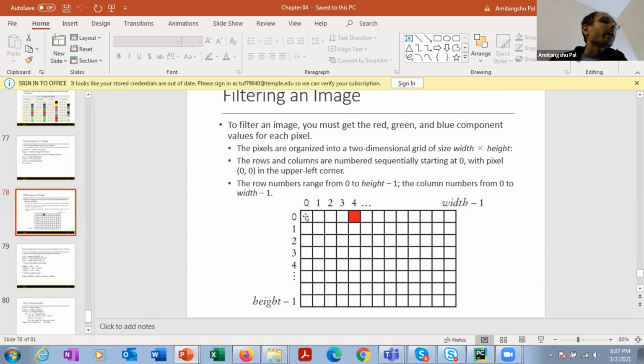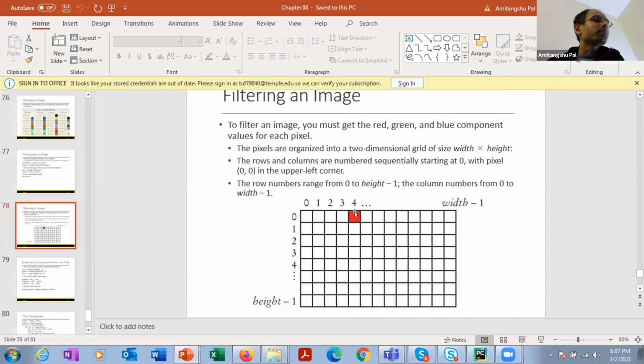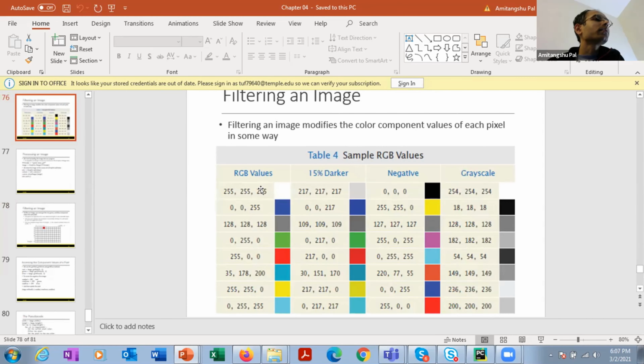And each one of these pixels consists of three colors in different intensities. For example, this is a red pixel, this is a white pixel. Each one of these pixels consists of three different colors: red, green and blue, in different intensities.